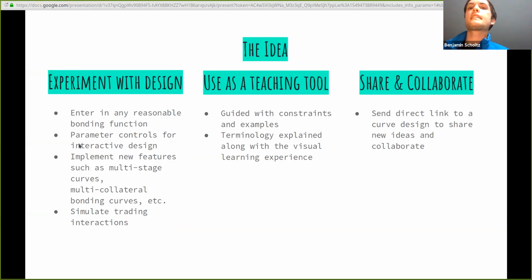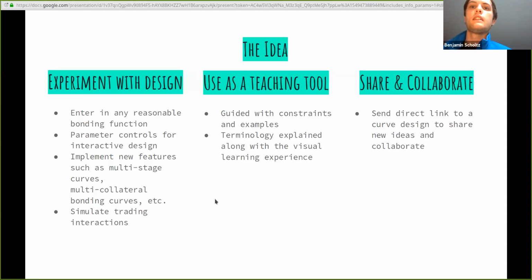A next step that we want to include is something like parameter controls, so that you can control parameters within a set reasonable limit and see how that changes the behavior of the bonding curve. So you could maybe choose unstable versus stable collateral and have some sort of historical plot of how that would affect your bonding curve. Obviously not the actual curve, but the